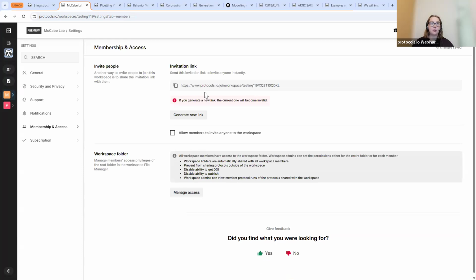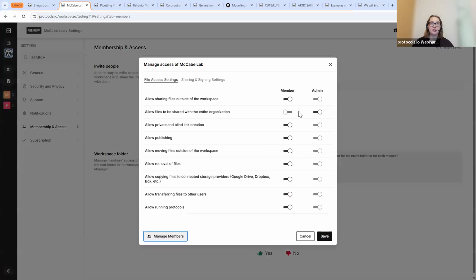And then again, the membership and access gives you that invite link. You could allow other members to invite people to the workspace, and you can manage access here. This allows you to change what members are allowed to do and what admins are allowed to do. Again, a lot of this is only for premium. So if you are in an open research account, you might go in and not be able to change these settings. But just walking you through, if you're with a premium account, you are able